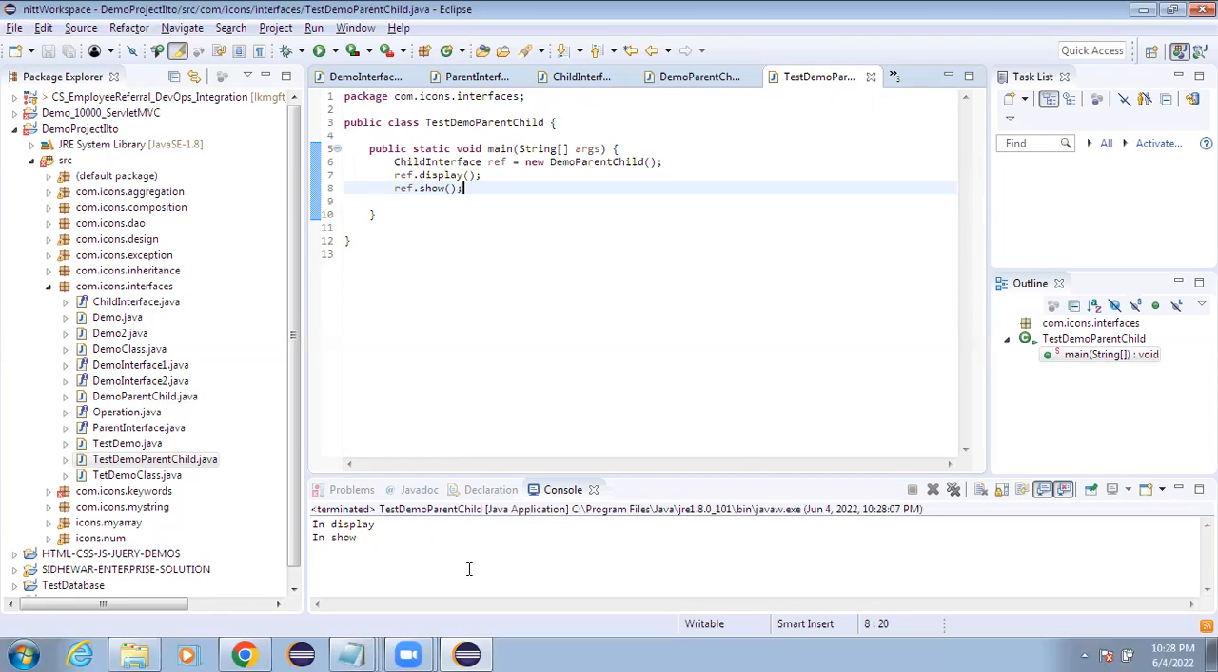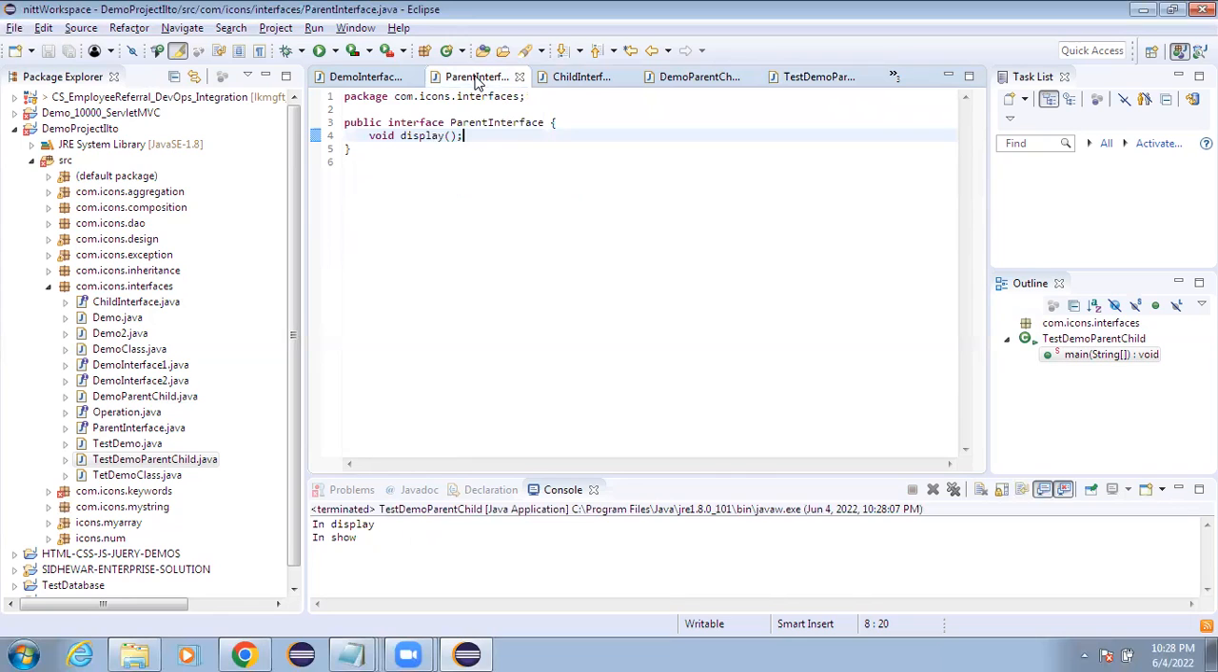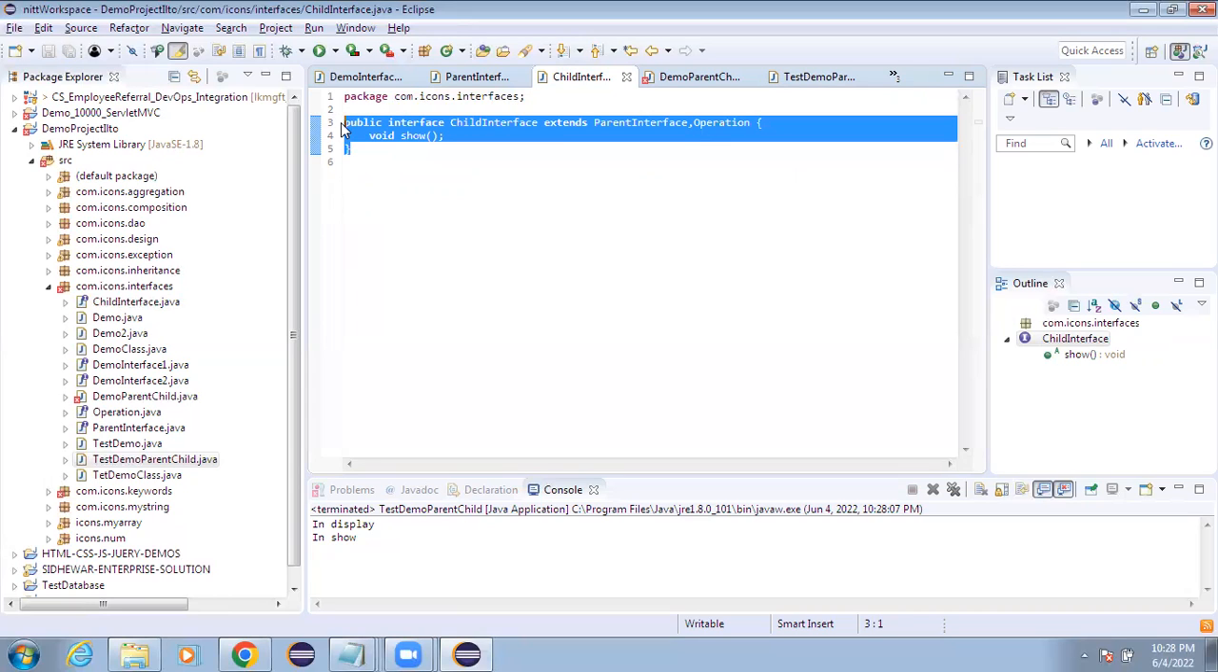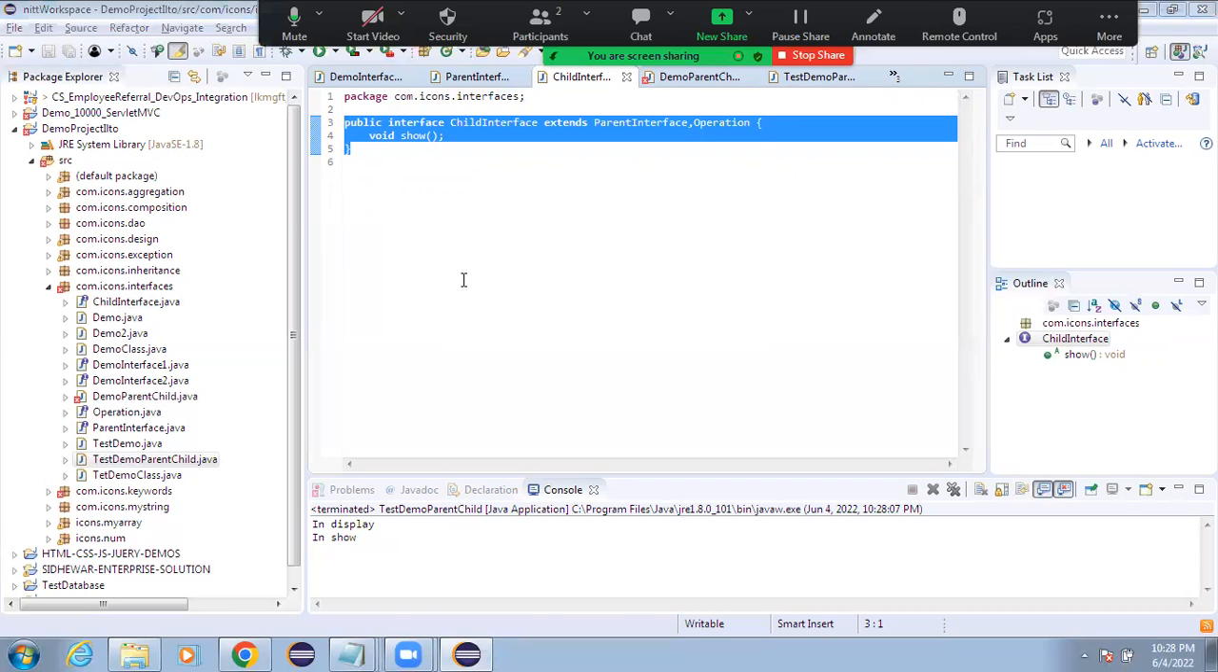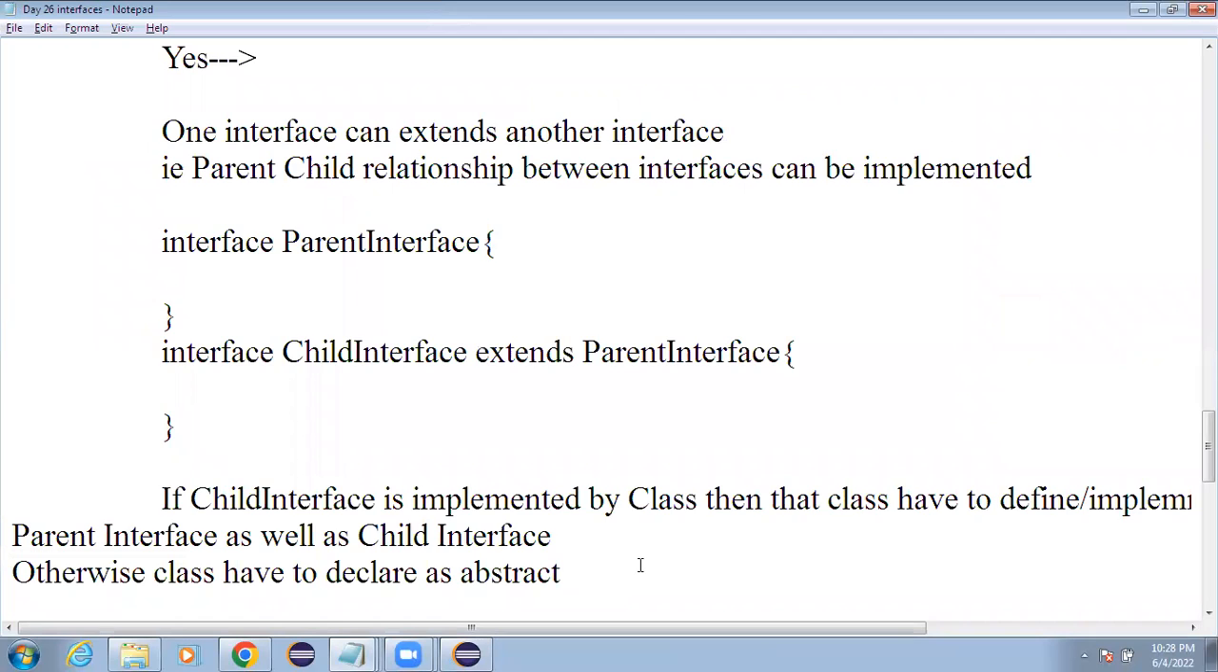Now, what I will try to do in front of you guys: I do have the parent interface, I have created the child interface, and now I want to extend more than one interface. We have already created the operation interface, so I will try to write operation over here. See, there is no error. So that means one interface